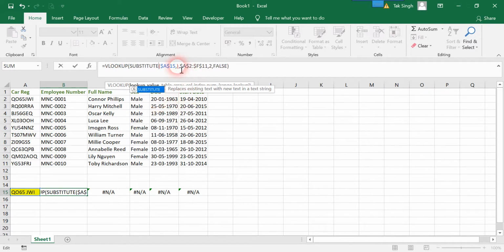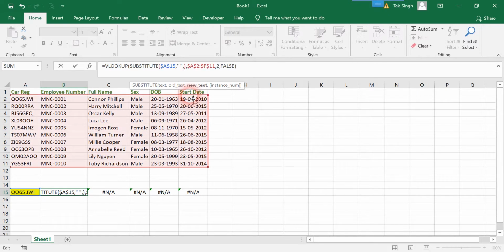Over here it says old text. So my old text is space, and I want to substitute with the new text. Over here it is asking me for new text, and that is no space, that is a set of double inverted commas with no space in between them.